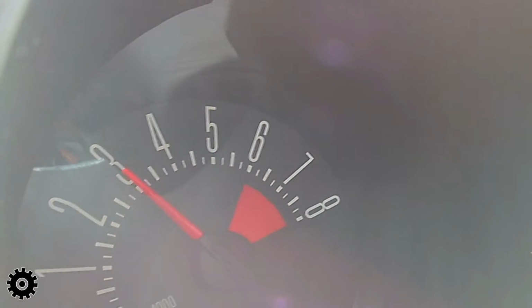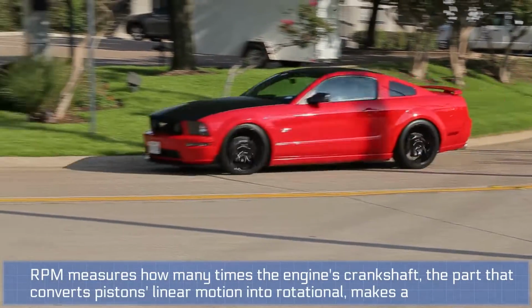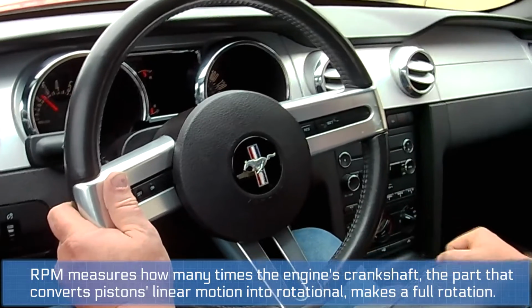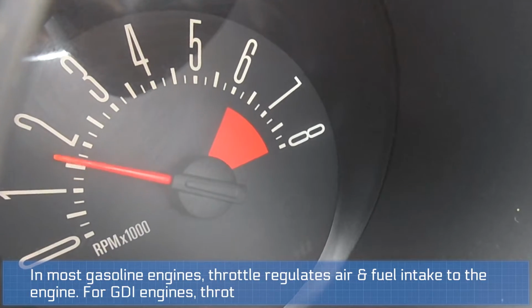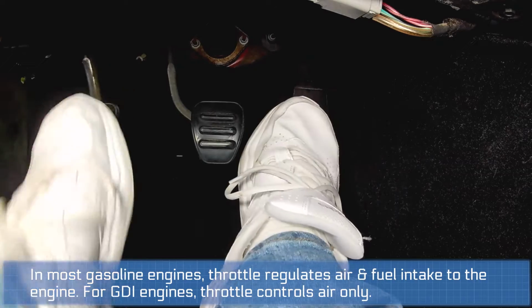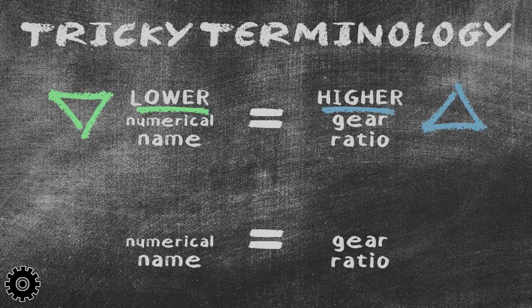Lower RPM doesn't necessarily mean better fuel mileage. You're driving something on a nice flat road, nice and easy, low RPM. It starts to incline. All of a sudden, the car or truck downshifts. Then it may have to downshift again. Now you're having to do throttle input to get the car to keep going at the same speed. You are defeating the purpose of having a lower numerical gear with having a lot more throttle input, which affects